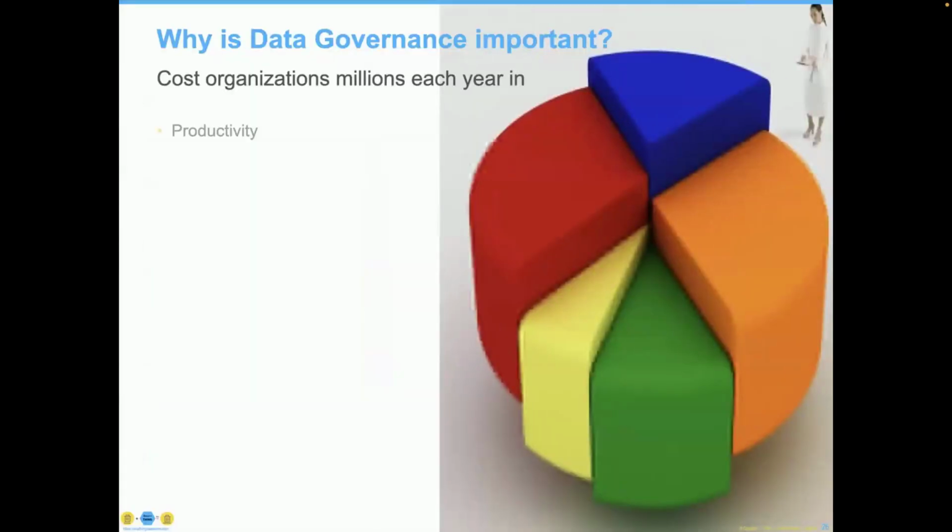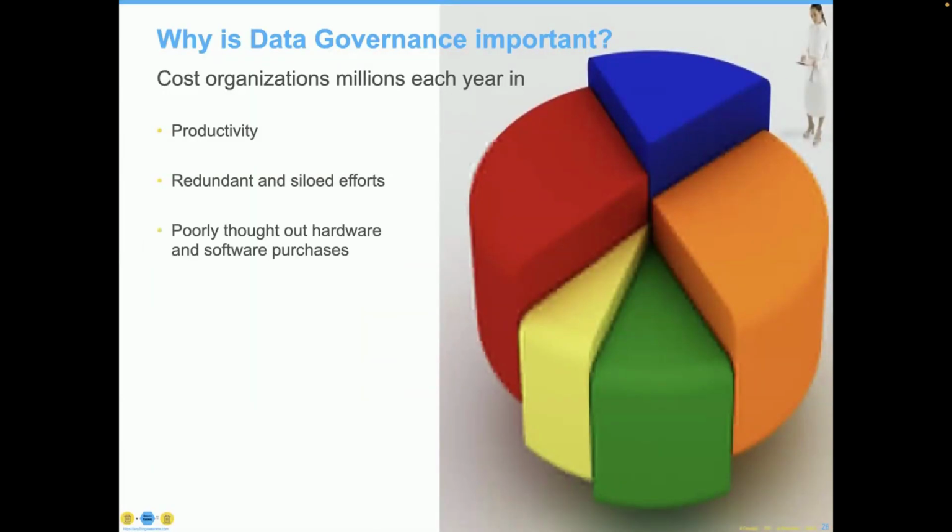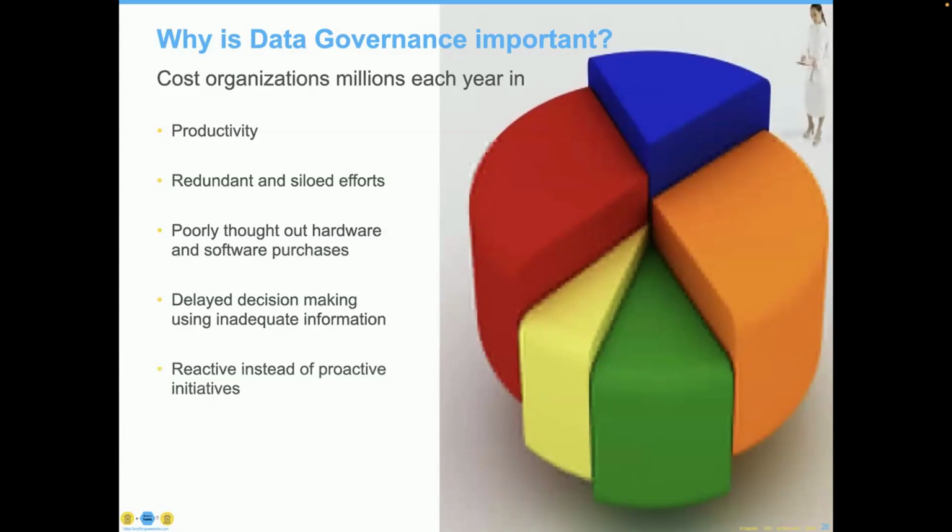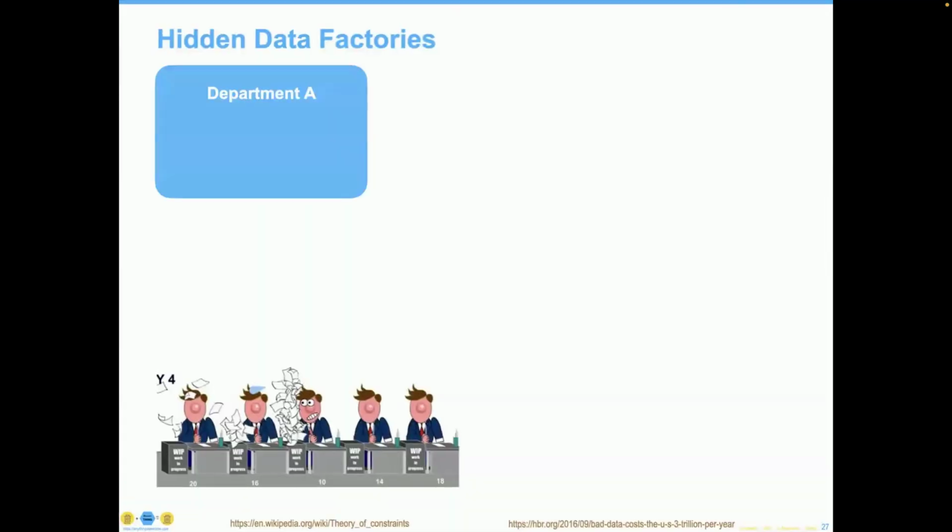This is why lack of data governance costs organizations millions in productivity, siloed efforts, badly thought out hardware and software purchases, including, of course, cloud, delayed decision making, reactive instead of proactive. And let's be fair, 20 to 40% of IT spending can be reduced through use of better data governance. So that's an area that you can go and claim savings in almost instantly as you look at this,